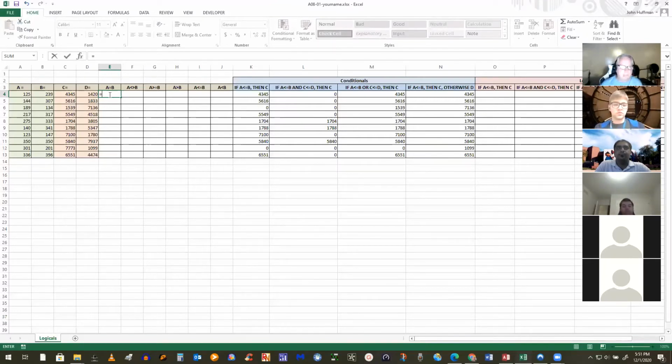The simple one, A equals B. I'll pick A. I'm going to anchor the column, which is a smart thing to do, right? And I'm going to say equal to B. Right there. That is the simplest mathematical operation you could do in a spreadsheet. That is predicate calculus. This is a binary condition for the equality, where I'm just asking, is A equal to B? Well, in this case, it isn't.